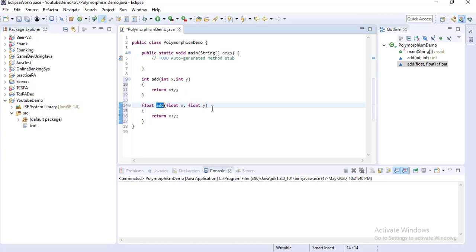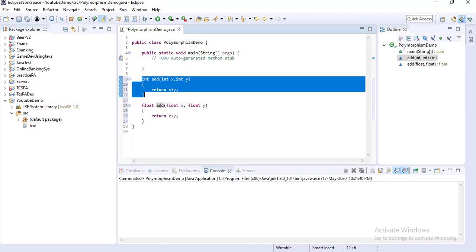Java allows this concept, and it is called polymorphism because the name is the same, both add, and the only change is the parameter. They will perform the same task but in different forms. So that is the concept of polymorphism.